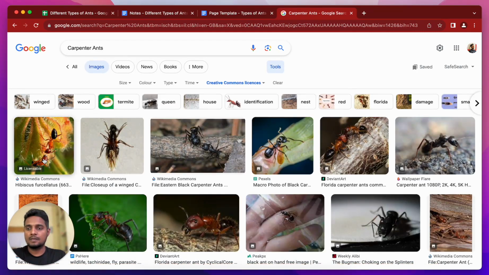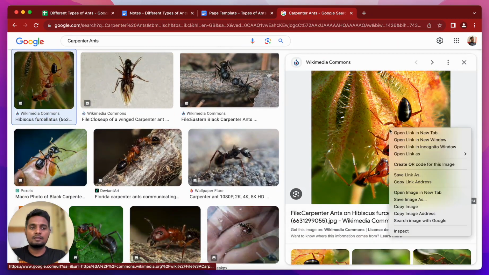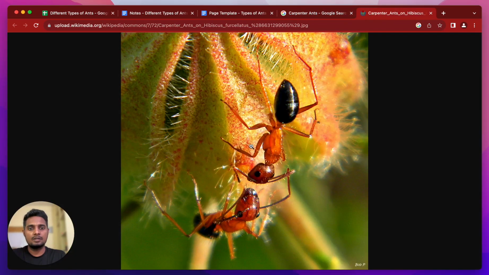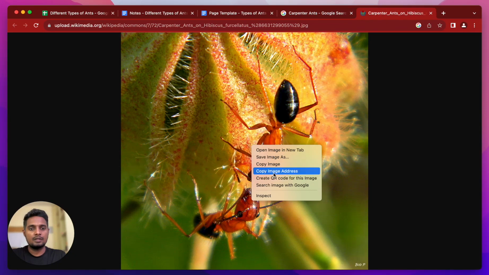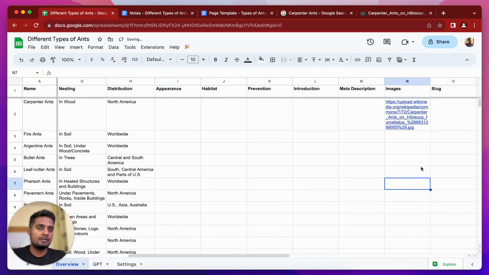So see, I have this beautiful, high resolution image that I can directly use inside my project. I can just copy the image address and paste it inside my data. This is the image URL, and you can directly use the URL inside your project, inside the pages that you will be creating. So yeah,